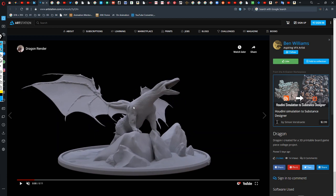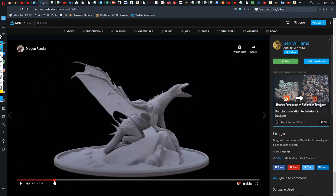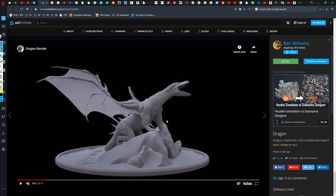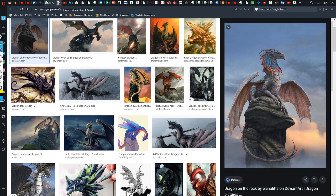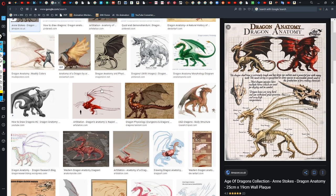So the first thing that I noticed when I watched the video was the few proportion and anatomy issues that I can see on the forearm here, on the wings. That's why I mentioned to have a look at reference. I googled dragon anatomy very quickly. You can find a lot of things,